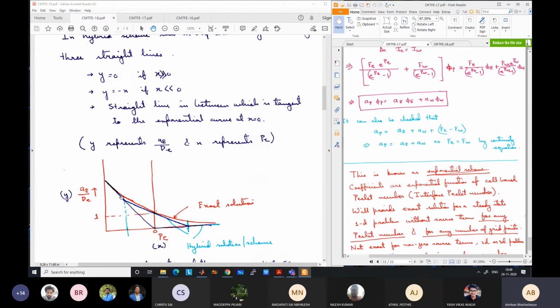This line is A by D equal to minus P, and the equation of this line is A by D equal to 0. We don't know the equation of this line and the extent of the regimes on which different lines are valid. So from which point to which point this line is valid, from which point onward this line is valid, from which point onward before that the other line is valid. These two things we have to find out. Any questions up to this point?